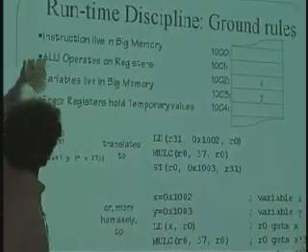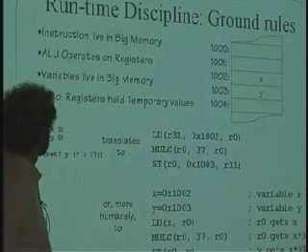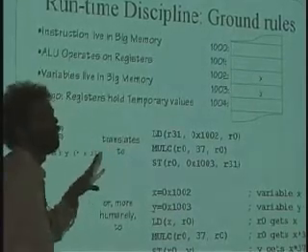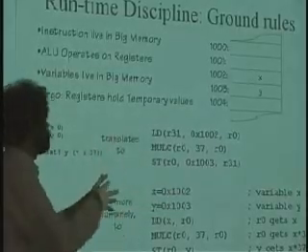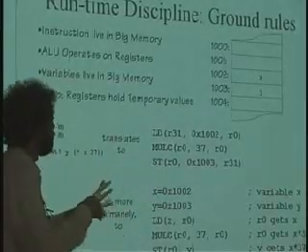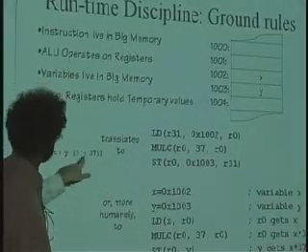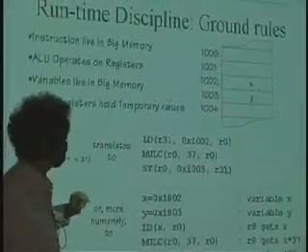Excuse me, I said this wrong here: the variables and the instructions will both live in the big memory. And so therefore, what the registers are holding are temporary values, which we have fetched from the main memory into the register system. We've operated on them and then put them back. And so a typical thing of saying we're going to set Y to X times 37 would be translated into,